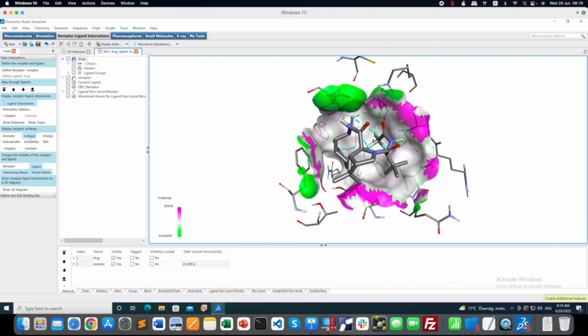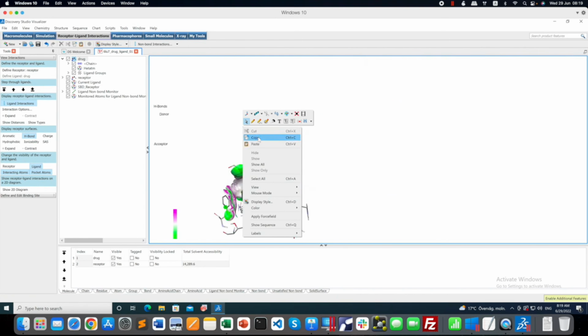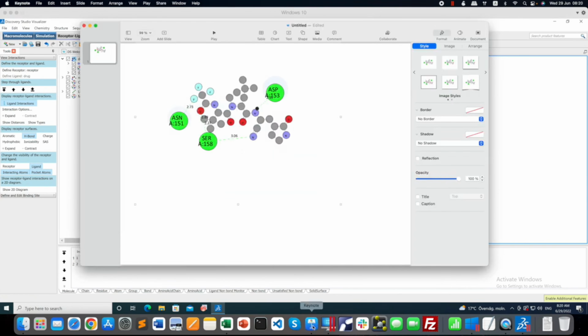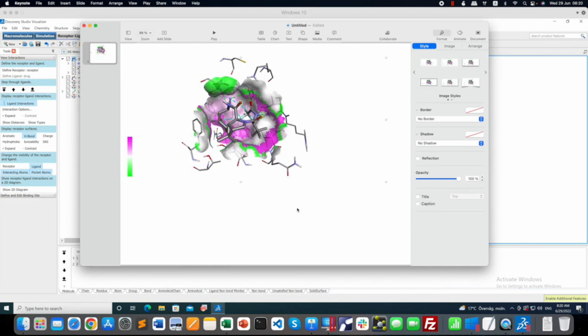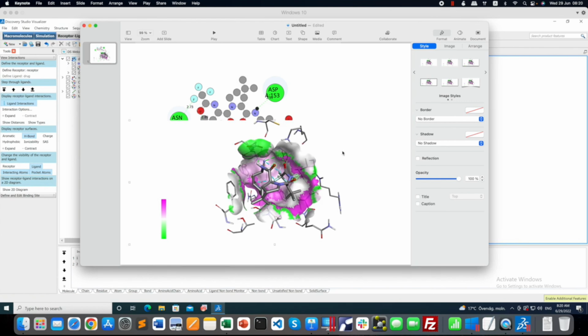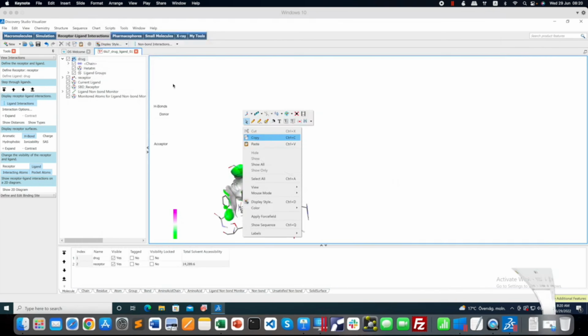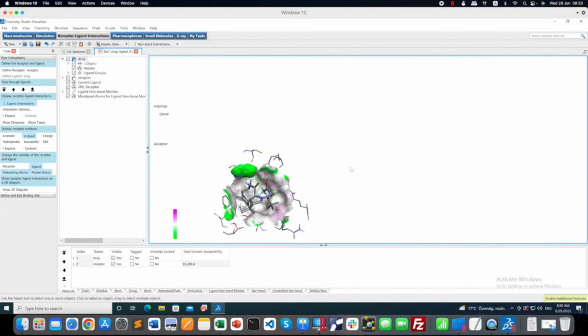So I'm going with the H bond atoms, and for this I'm copying this particular picture, and I'm pasting it over here. Later on I will show you how to modify this and make arrangements to create a publication quality figure. I'm just keeping it for now. Okay, so this is how you make 2D plots and 3D plots using the receptor surface, using the ligand interactions,